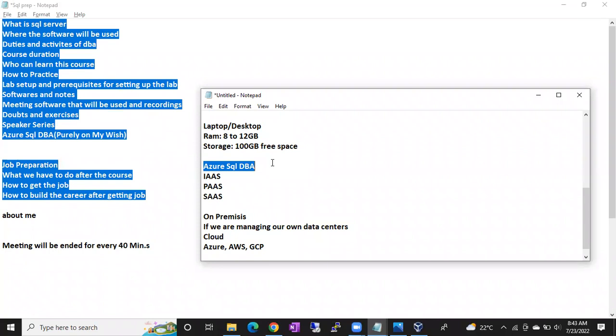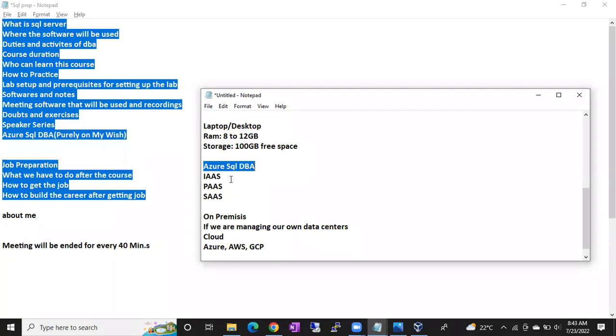Okay. So guys, now you got the point. SQL DBA is there. SQL DBA will be there. So nothing to worry. With SQL DBA, there are fewer calls. Yes, fewer calls, not only on SQL DBA, on all other technologies also there are fewer calls. But you have to do a lot of practice to get the calls. You have to market your resume. Then only you'll get good calls, guys.